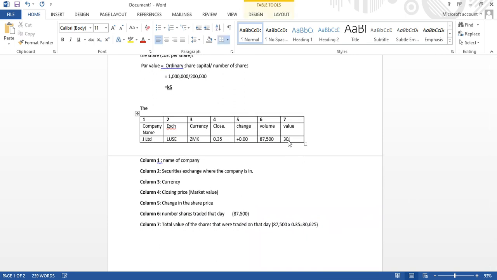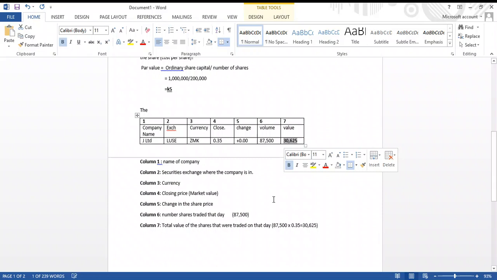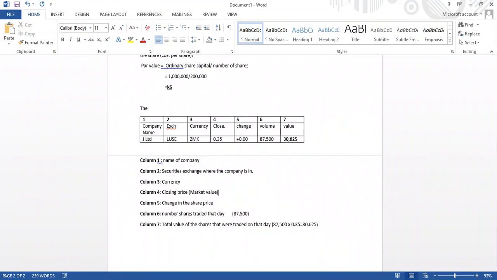So that's that about shares. So let me just put this amount here. 30,000